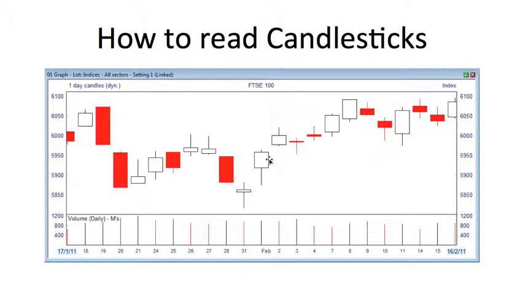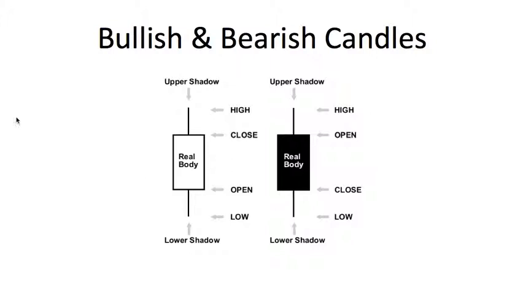So here we have the clear ones. We take this one example. We have the open around just above 5,900. Then we have the close, which is around about, say, 5,950. But it actually reached above during the day. The intraday movement actually reached above 5,950. And the intraday movement during the day actually sank below the open at one point. So it allows us to see a lot more information than we would normally get from just a simple graph,